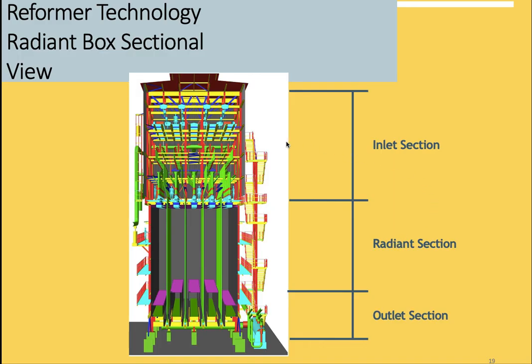Okay, this is the reformer side view, and this is the inlet section. As you see, this is the radiant section, and this is the outlet section, which collects the hydrogen product by the big tail. This big tail sends this gas to the header to apply the energy balance and produce steam from the exchanger downstream of the reformer. Okay,